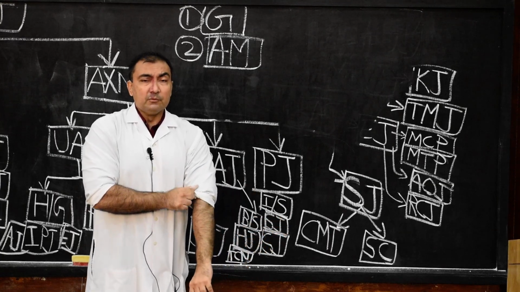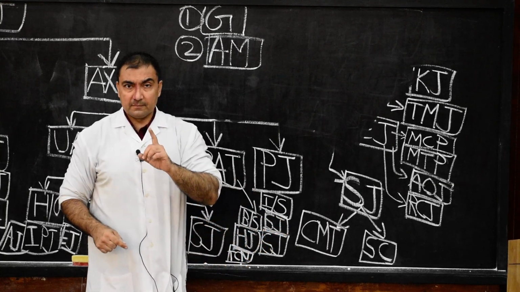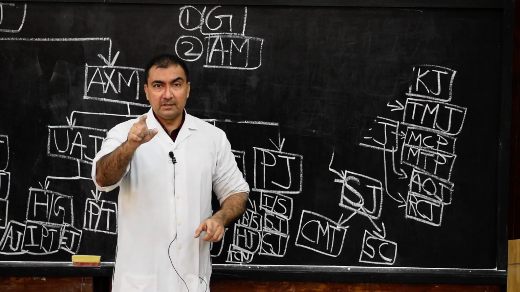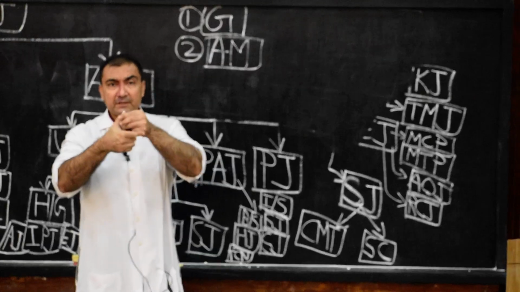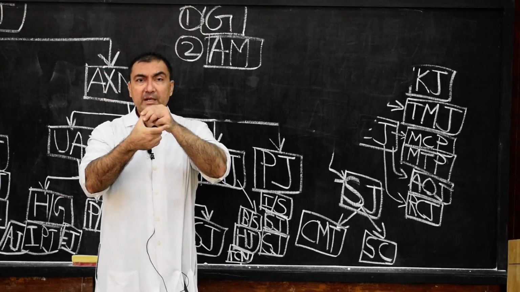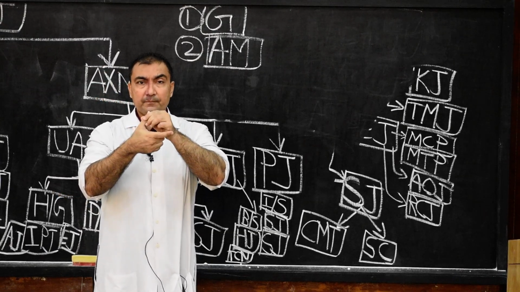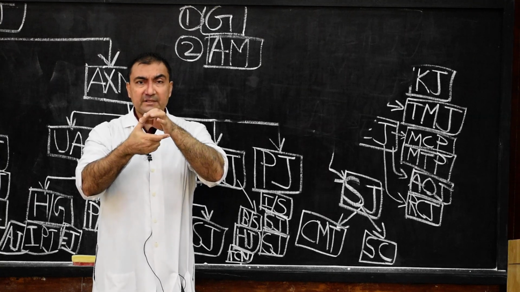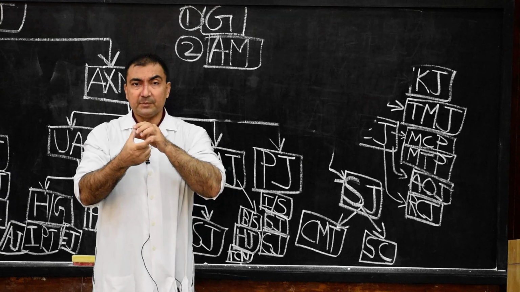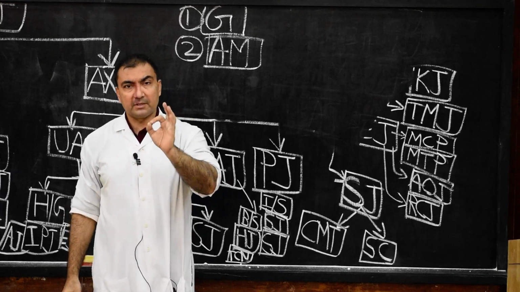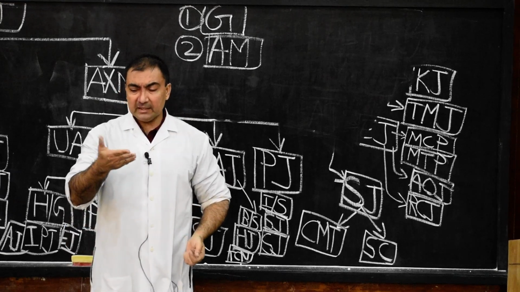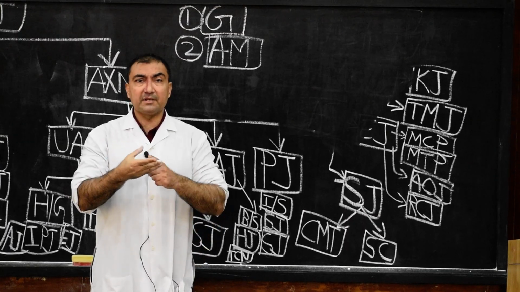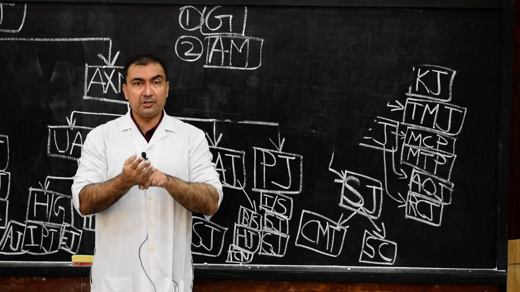Now, once again, one more question answer. All the movements of abduction, adduction will take place in anterior-posterior axis except the abduction, adduction movement of the carpo-metacarpal joint of the thumb. The carpo-metacarpal joint of the thumb, the abduction, adduction is not in anterior-posterior axis, but it is in transverse axis. Please note down. It will not be in anterior-posterior axis.